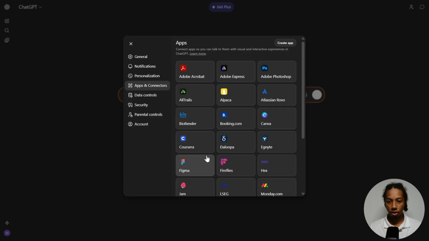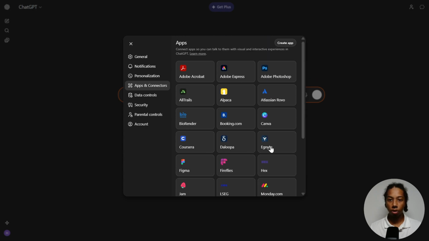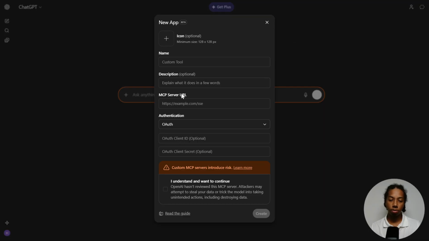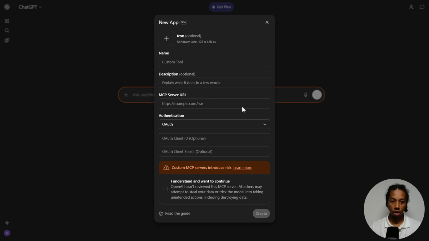we do have a bunch of integrations here, but as you can see, n8n isn't one at the moment, but we can expect to see that soon. So now we can just select create app here, and we will need our MCP server URL again. So we'll just go back to n8n, we'll copy our server URL, and we'll just paste that in here. We also just want to make sure that authentication is set to OAuth, as that was what we were using before. I'm just going to call this n8n. And we'll take this here and hit